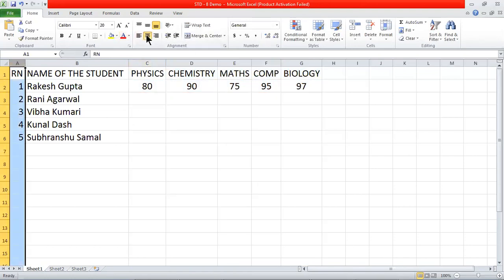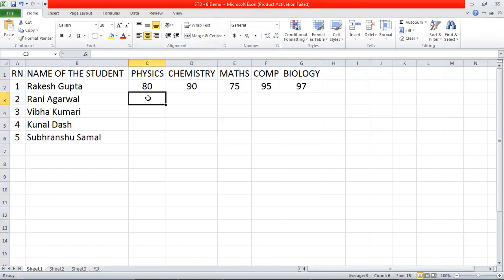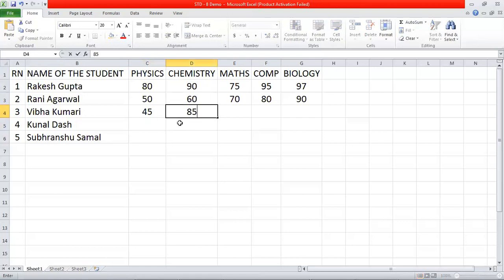Let me make this also middle aligned. Then let me give any, suppose 50, 60, then 70, then 80, and then 90. Let me fill this with any value. 45 in chemistry, suppose 85, mathematics 100, computer 100, biology 55.